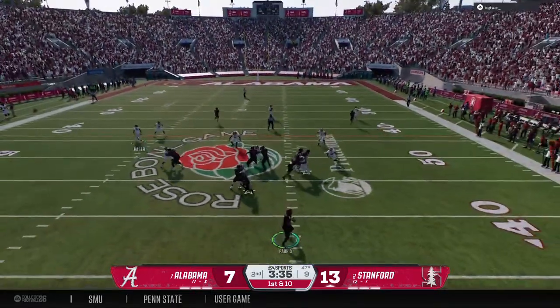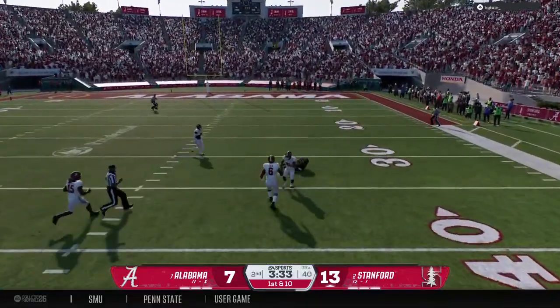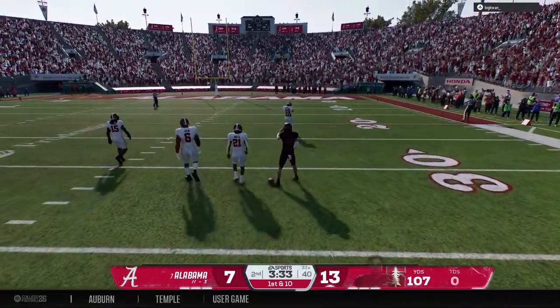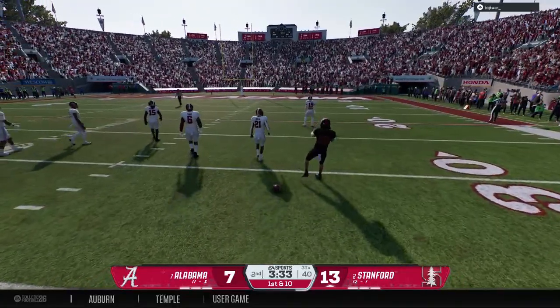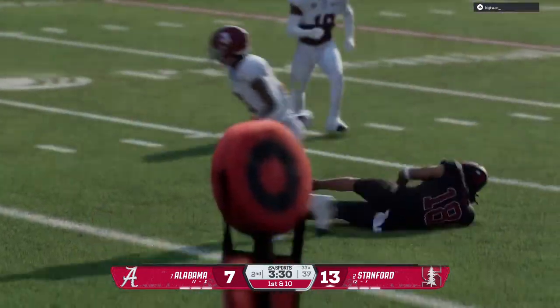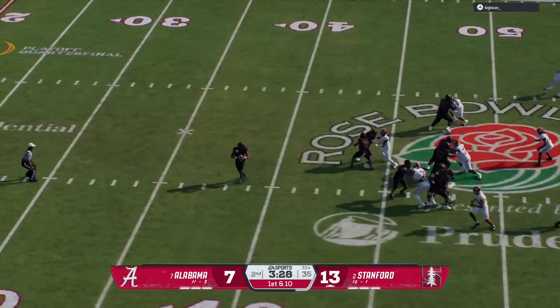Off the play fake on 1st down. Lets it fly to the wideout. He makes the grab. Chris, that's another positive game for this offense, and this quarterback continues to show why he's had such a great